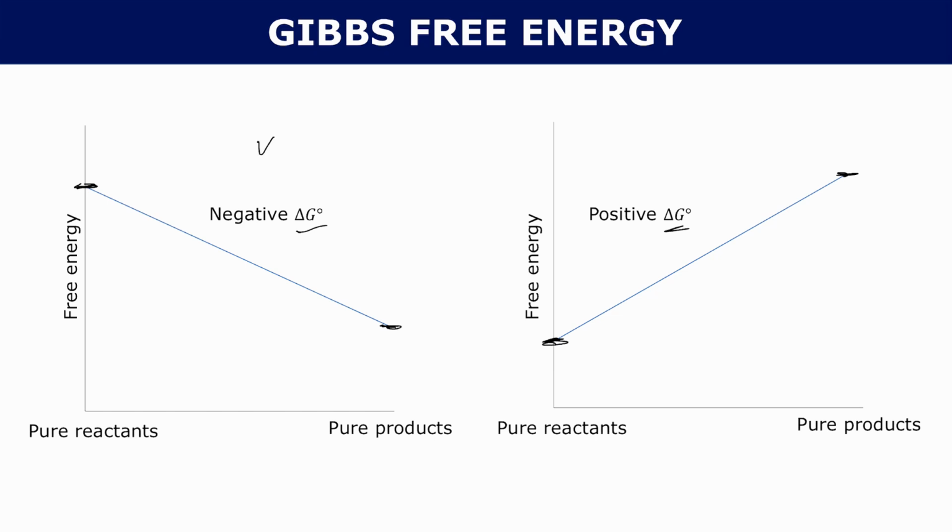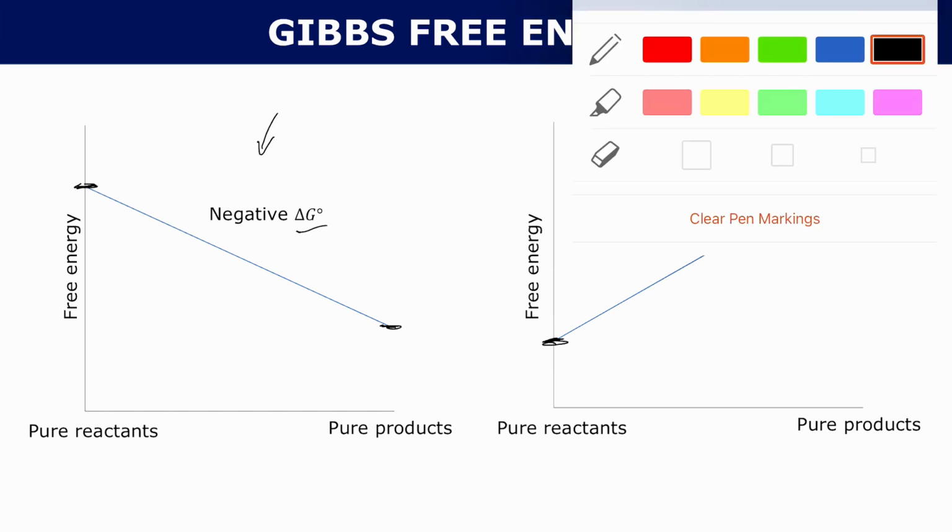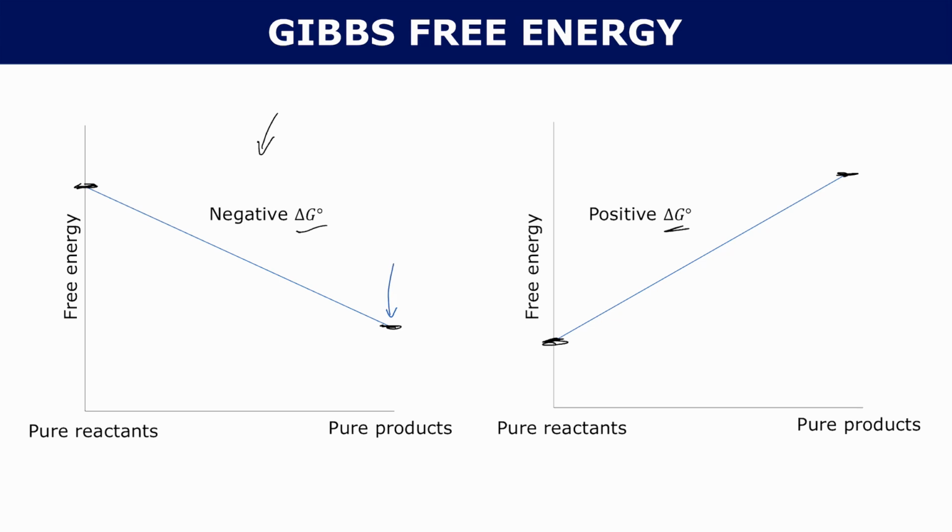For the situation on the left here, the lowest energy that it can be in is all the way when it's at pure products. This means that this reaction will go to 100% completion, because at 100% completion is when you reach the lowest free energy that the system can be in. And if you look at a positive delta G, the lowest free energy it can be in is when it's in pure reactant form. This is why certain reactions are just non-spontaneous. They won't happen because you've already reached the lowest free energy that it can be in when you're just in